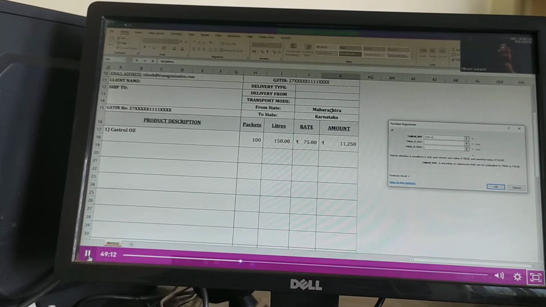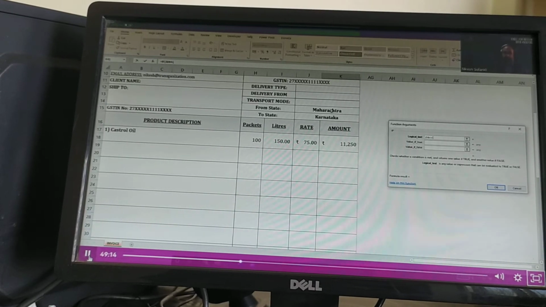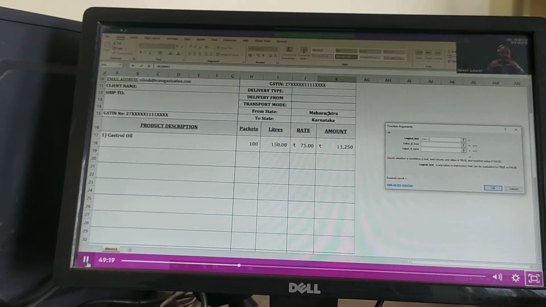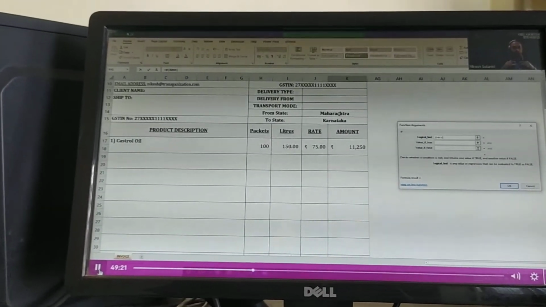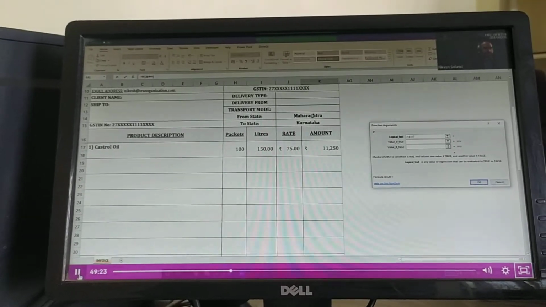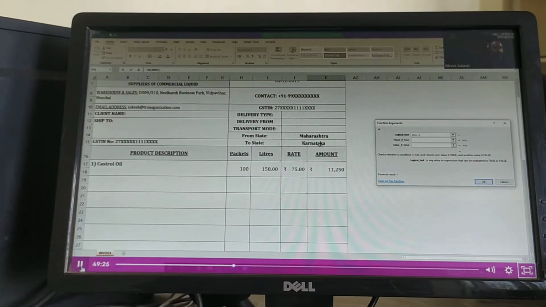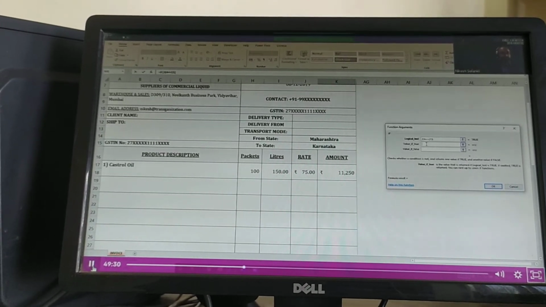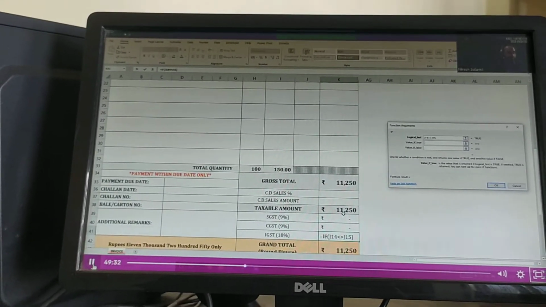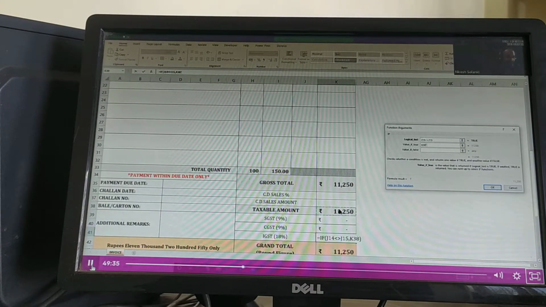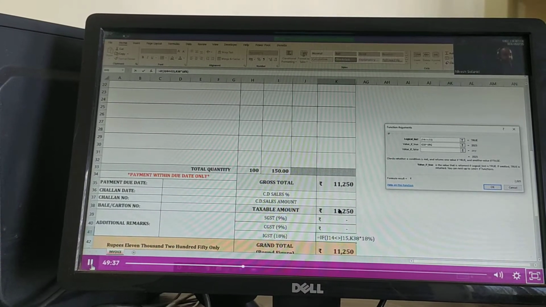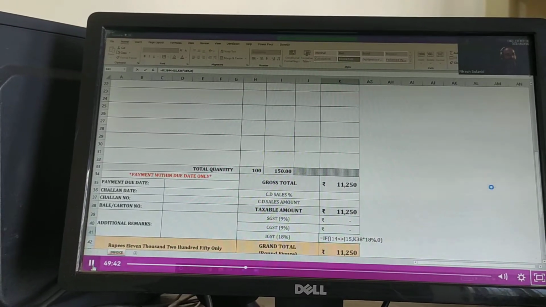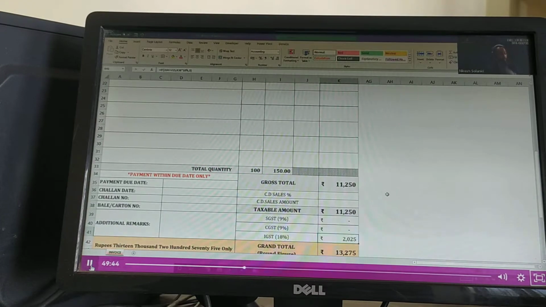Generally, we have seen in childhood, not equal to is the equal sign with a slash on it, but in Excel, two operators, the smaller one with the greater one, is not equal to. So if this is not equal to this, then we are going to put this formula, this multiply by 18%, right? And if it is false, make it 0. So now this thing will work consistently.